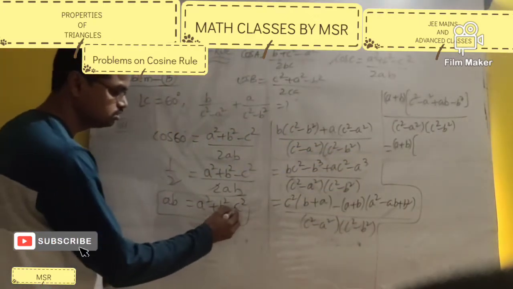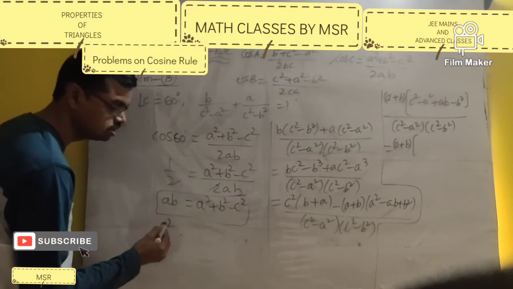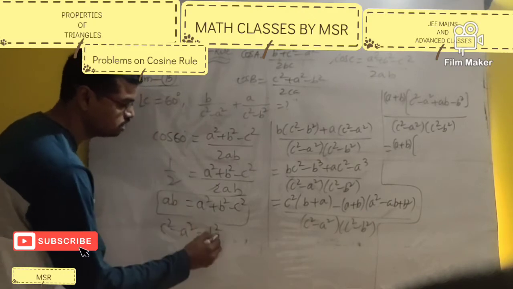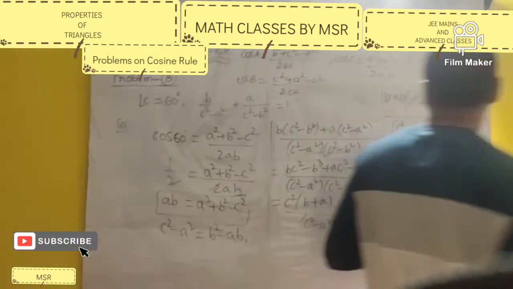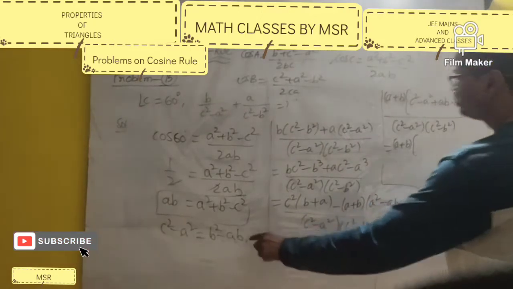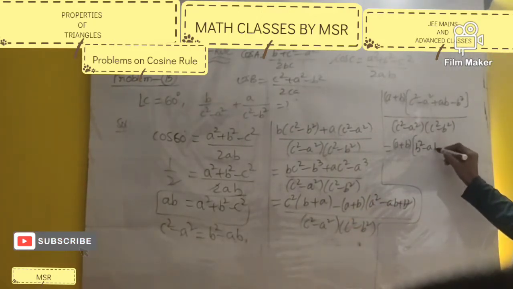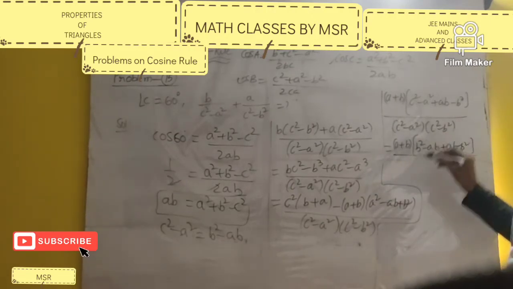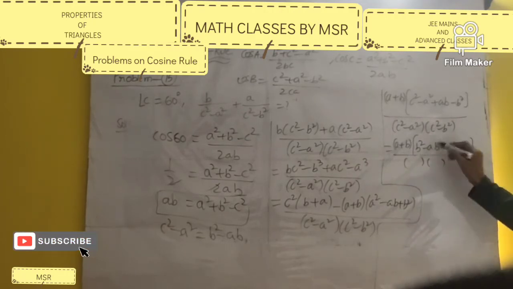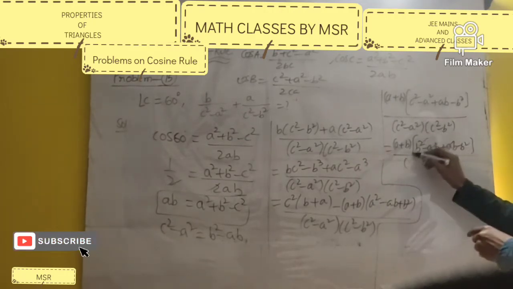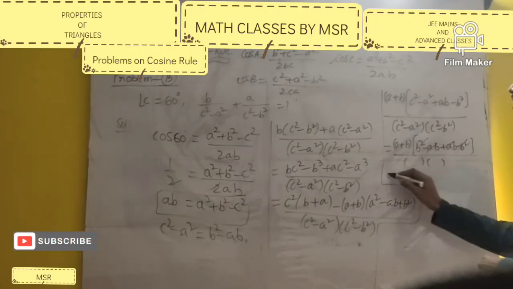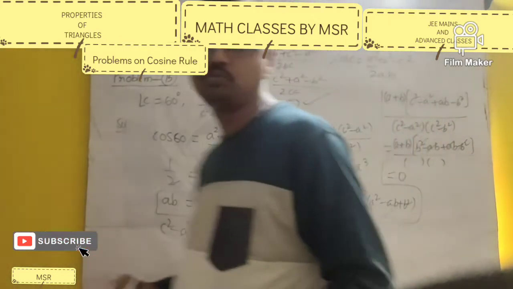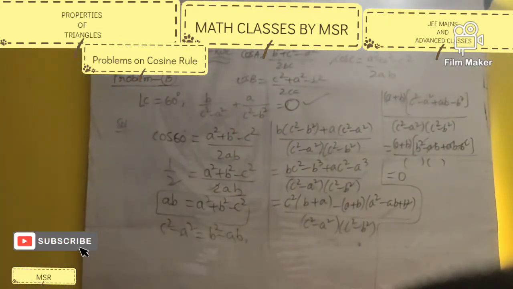From this condition, minus C square, if you bring this side, plus C square. Plus A square, bring this side, minus A square is equal to B square, and AB on that side, minus AB. Now in place of C square minus A square, I will write B square minus AB. B square minus AB plus AB minus B square by the denominator. Now you see, minus AB plus AB cancel, plus B square minus B square cancel, 0. 0 over anything, you will get 0. So finally the value of this expression is 0. This is problem number 15.